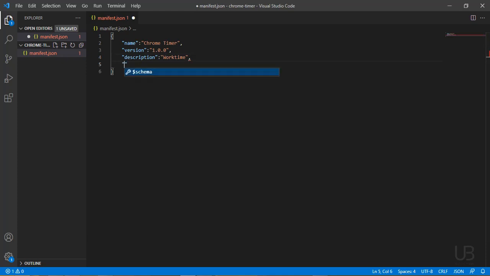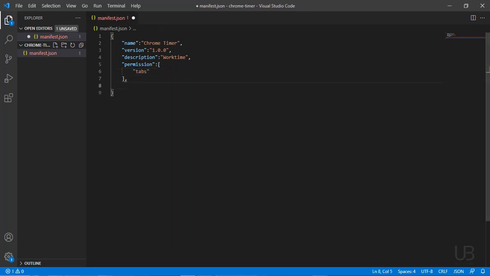All right, the next one that is very important is permissions. This tells Chrome that you'll be interacting with some interfaces and it should give you permission to interact with them. If you do not spell it out, you won't be able to interact with those interfaces. That is what this permission is all about. Okay, permissions, and one I know that we'll be using is tabs. I'll tell you the reason later. I'll be adding to this later on, but let's just keep it there.